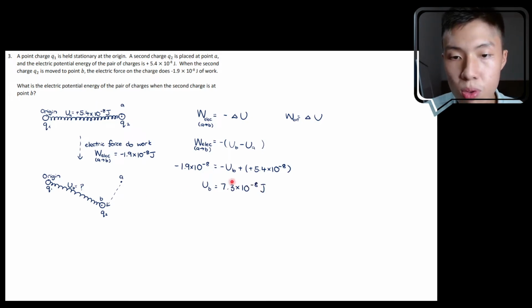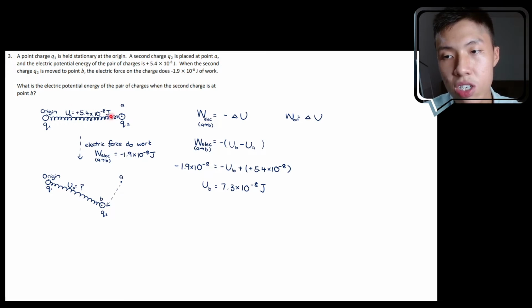So this is the electric potential energy between Q1 and Q2 when Q2 is at position B. When it's initially at position A, this is the electric potential energy between Q1 and Q2. Once you move Q2 from position A to position B, the new electric potential energy between Q1 and Q2 is this value. As you can see, it's an increment. Before that it was 5.4 times 10 to the negative 8. Now it's 7.3 times 10 to the power of negative 8. So it's an increase of